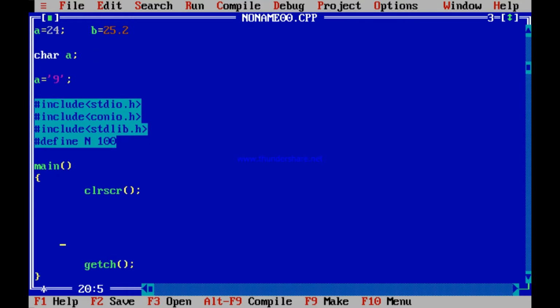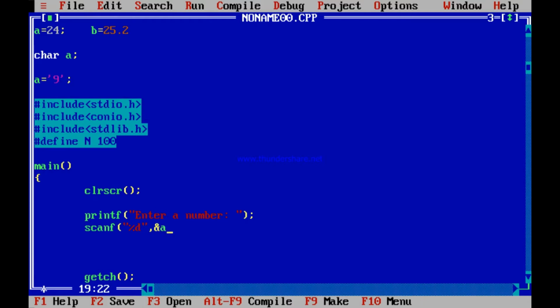Which means when you scan a character and print it, what do you do? You say printf, enter a number. I am just using an integer now. I will just compare and do the needful. You say enter a number, colon with a gap, and then you scan that, scanf. How do you scan that? %d ampersand a.